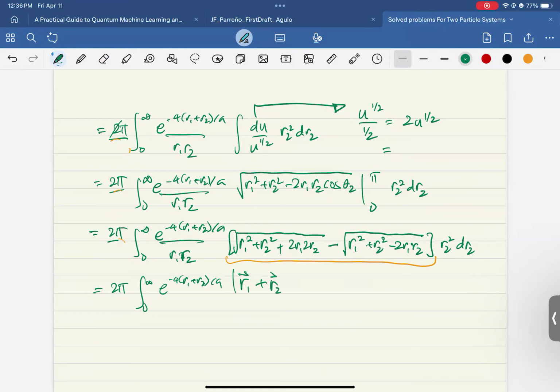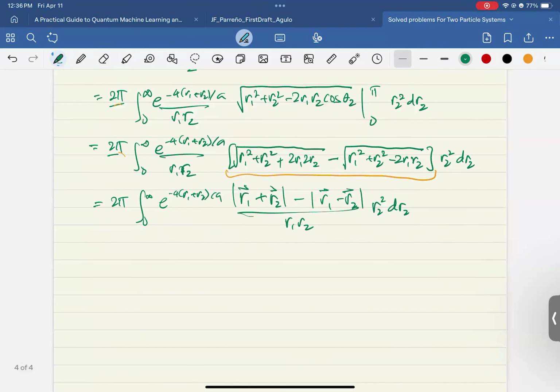Okay, yung vector. Minus yung second term na R1 minus R2, all over R1, R2. And then R2 squared dr2. Okay. Now, yung absolute value ng R1 plus R2 is just equal to